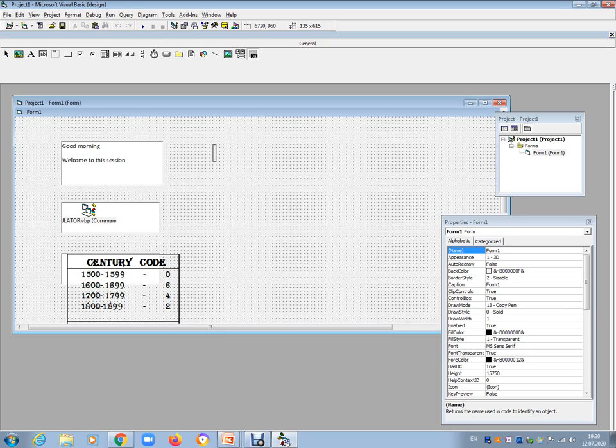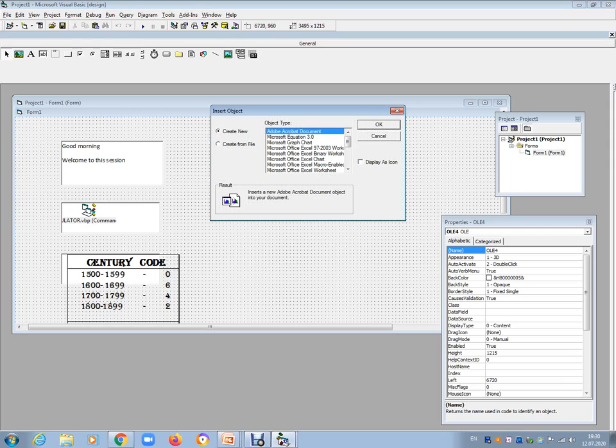Here also we use the OLE container control. What's the use of the paste special dialog box? It is to paste, that is embed, a particular portion of the Word document or a particular part of the Excel worksheet, and we can copy it into our VB application. Here also the whole part of the sample code should be copied here.